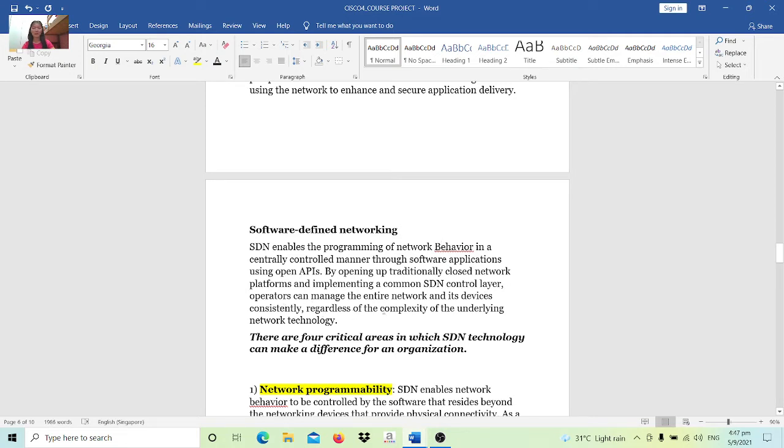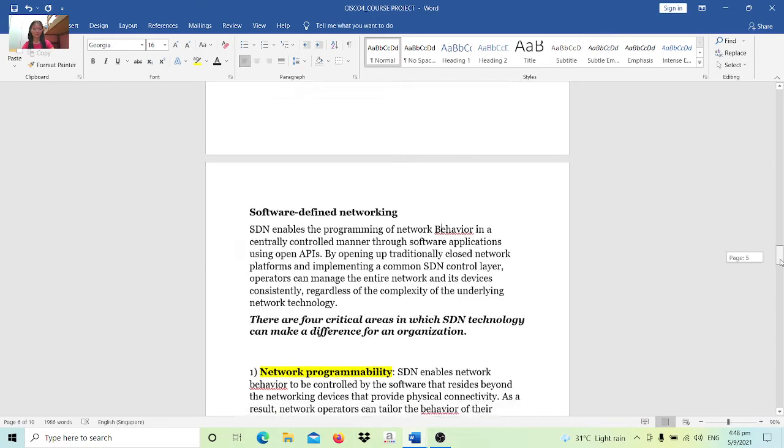Operators can manage the entire network and its devices consistently, regardless of the complexity of the underlying network technology.